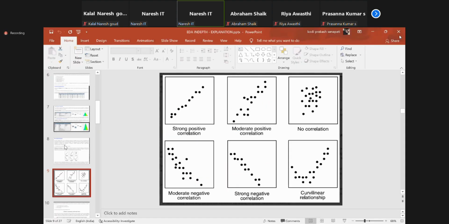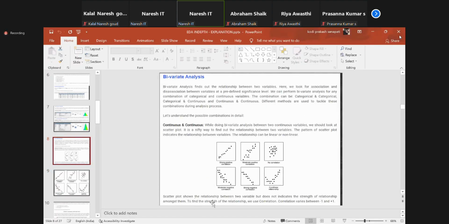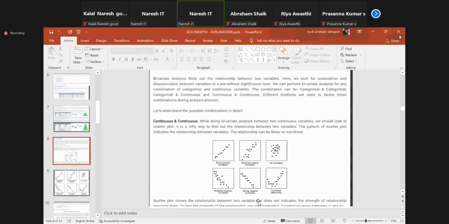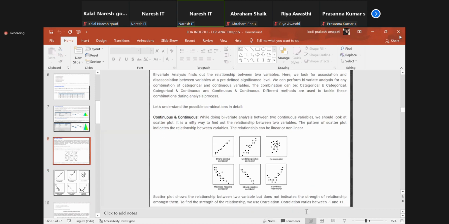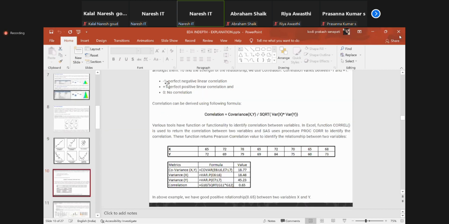Here the scatter plot shows the relationship between two variables but does not indicate the correlation. Correlation varies between -1 to 1; correlation is covariance divided by the square root of variance x and variance y. No need to worry, I will tell you in the statistics sessions. Understand, team?